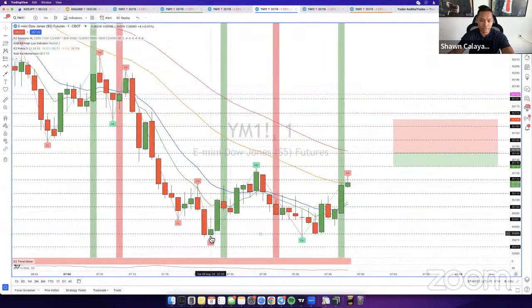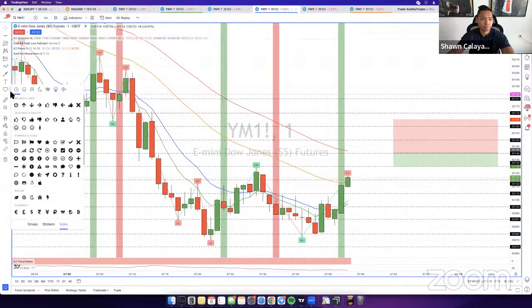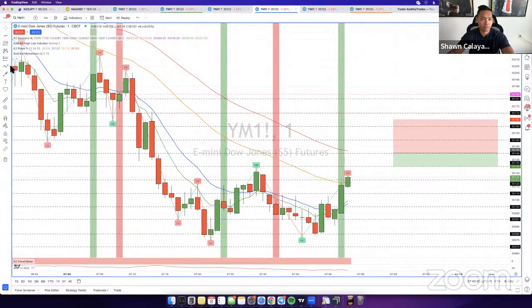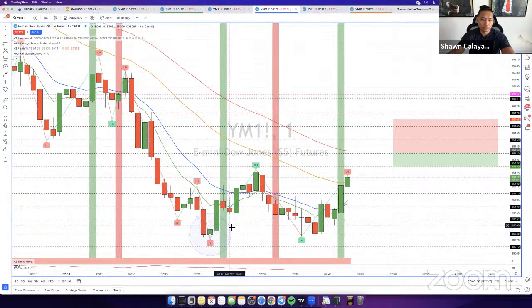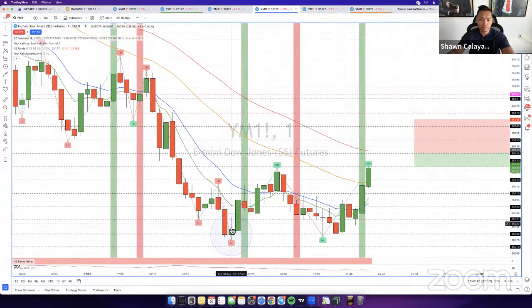Because for example, if you said the one at 723, this is the one you're talking about, right? I think this is the same one that Maddie took. Maddie said that it bounced off his supply zone, so we had another confluence indicating that this will probably bounce off it. So he had an understanding that the bounce might happen. But for me personally, there's no way I would take this right here.